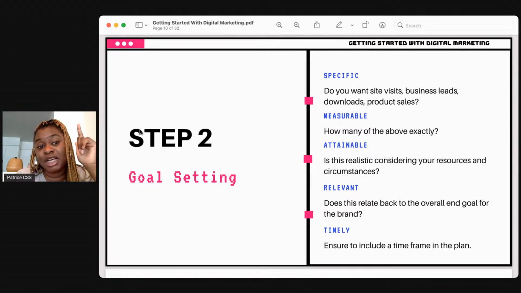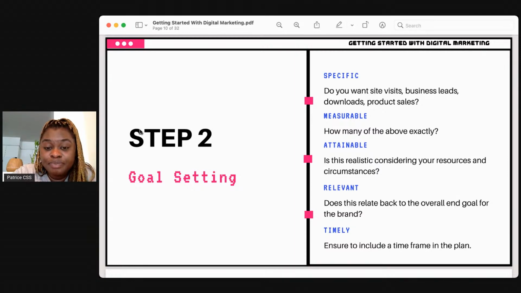The goal must first be specific. Do you want site visits? Do you want business leads? Do you want downloads? Do you want product sales? What do you want? You know that meme from The Notebook? Ryan Gosling's like, what do you want, to Rachel McAdams? That's what I'm asking you guys right now. What do you want out of this campaign? What is your goal? Because you're not going to know whether or not you succeeded unless you decide